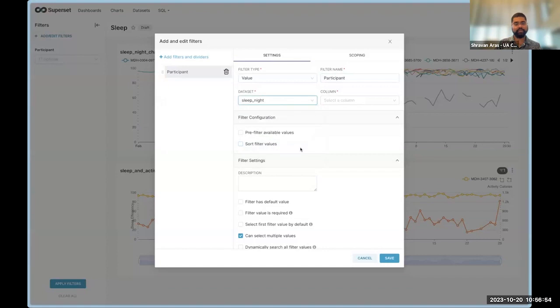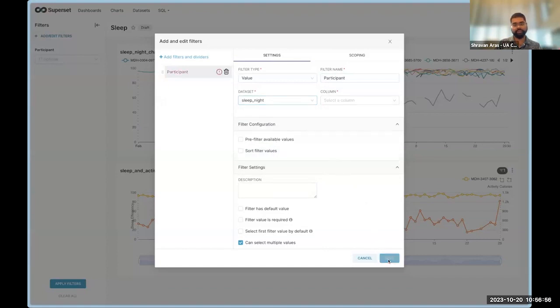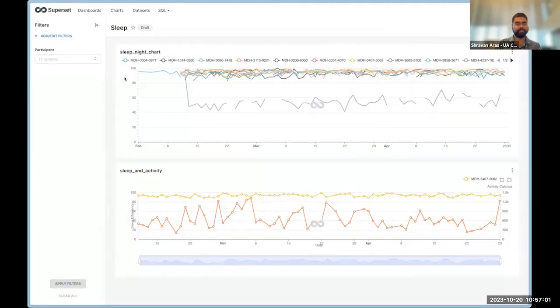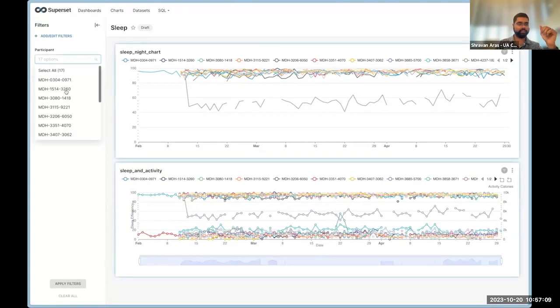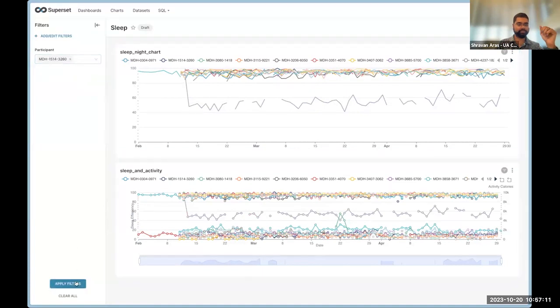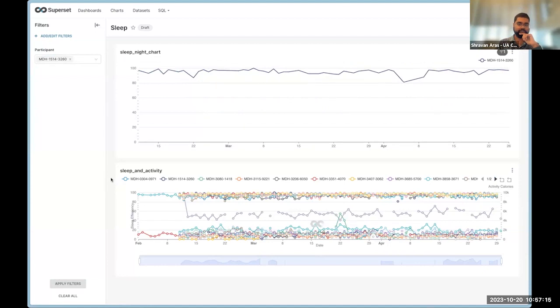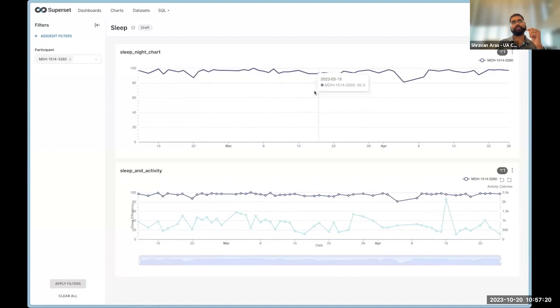We're going to go ahead and pick sleep night, which is the first graph that you saw. And we're going to pick participant identifier. We're going to hit that. And what this now does is that it applies the filter on both top and bottom. And so let me go ahead and pick a participant. Just give it a minute. And so now what you're seeing is that the same filter has been applied to multiple charts inside the same